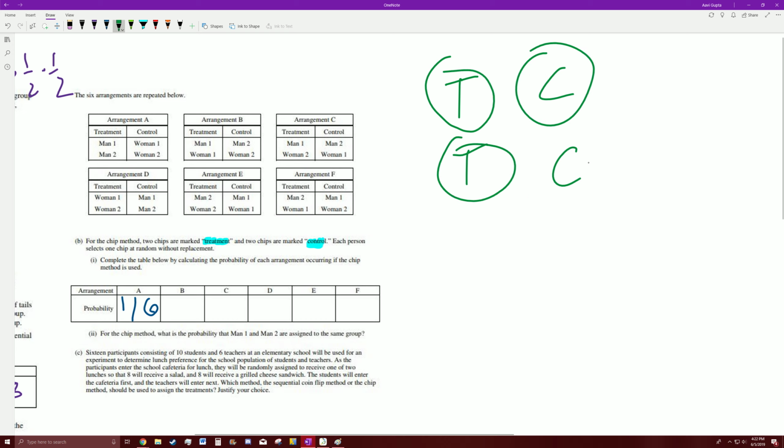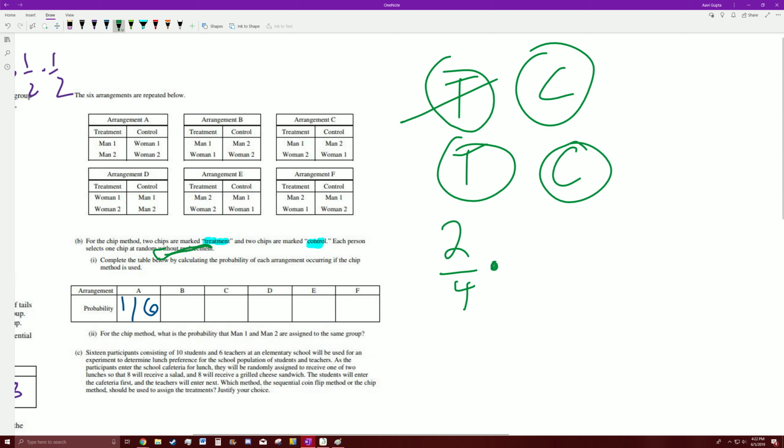Circle them. Okay. Man 2 has a 2 out of 4 chance of picking a T. There's 4 chips in the bag. So this is coming from the without replacement. Once one chip is picked, then it's not put back in the pile. So man 1 goes up. He picks this one. So there was a 2 out of 4 chance that he was going to pick a treatment chip,